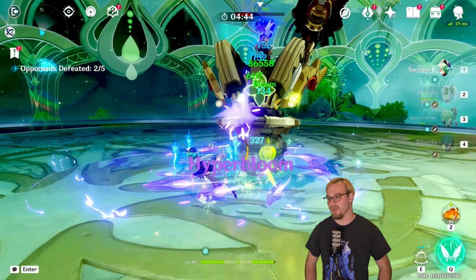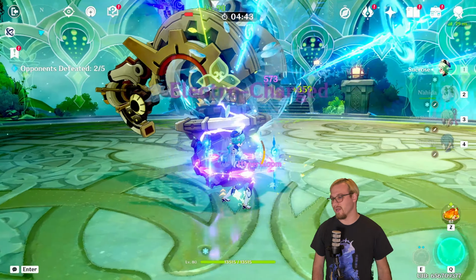I might have to try this team in the Abyss just to try it, because it was a lot of fun doing it in this. I need to build Xingqiu a little bit better. I could just steal some artifacts. That'll be fine. Yeah, I'll do this in the Abyss one day and see how it goes. Get Sucrose to level 90 and then...